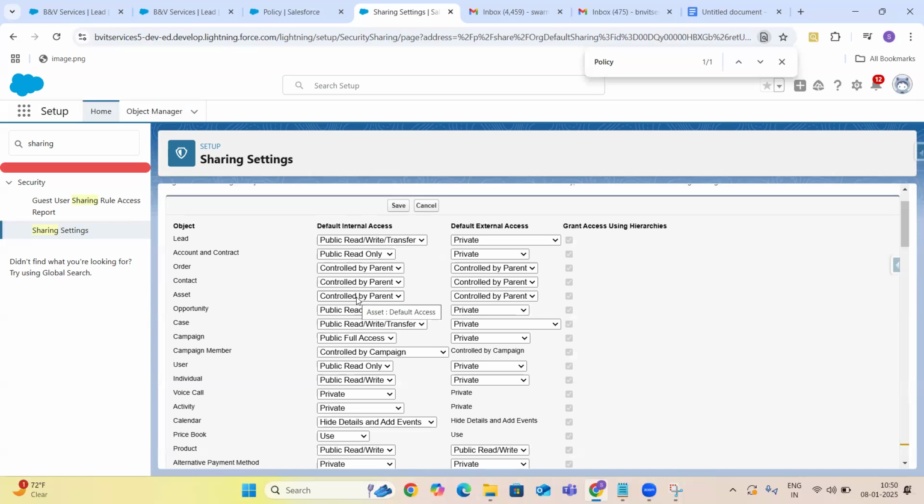If I create the master detail, it behaves like a master detail only. If I create the lookup, it behaves like a lookup only. It will never behave like a master detail if you create the lookup relationship. Okay. That's the reason in your custom objects, you will not find